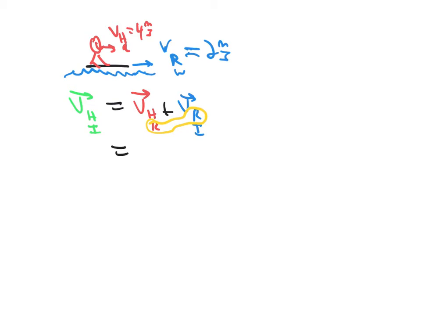But here it becomes really easy. This is going to be 4 meters per second, and let's say we'll pretend he's moving eastward. And then we add 2 meters per second for the raft, also moving eastward, and we not surprisingly get 6 meters per second in whatever direction the raft had been moving. And again, this is overkill. This is using a nuclear weapon to kill a fly. It's too much work for what we could have just jumped to, but it's good to get practice with the formalism because the problems are going to get more complicated.